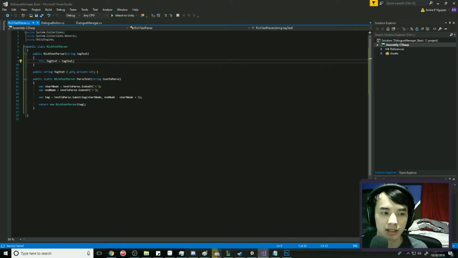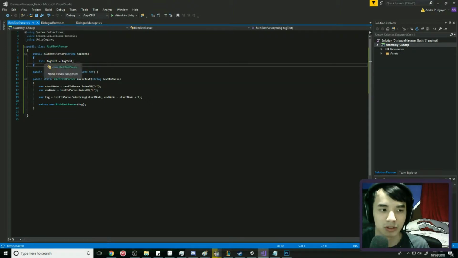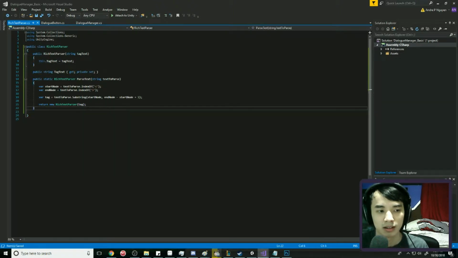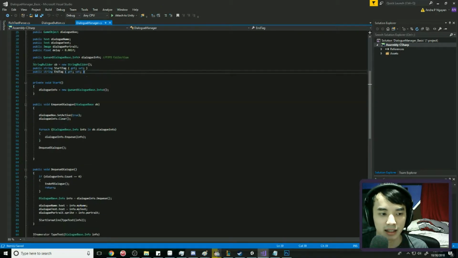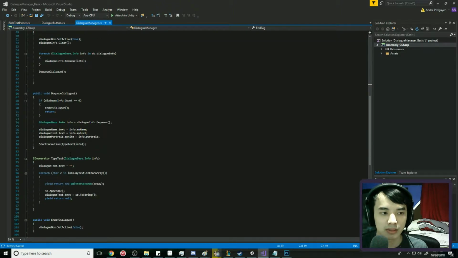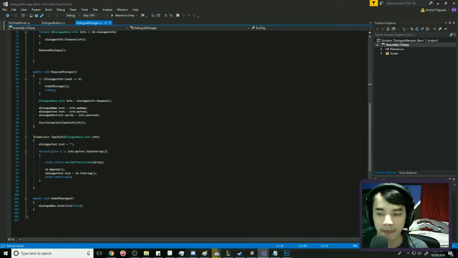The reason why we use the word this is because we're using two variables called tag text, and it can be kind of confusing, so we're just going to use this to make sure that we're getting the right one, which is this one. Alright, so let's go back to our dialog manager, and let's do some stuff in here. So basically, the first thing we're going to do